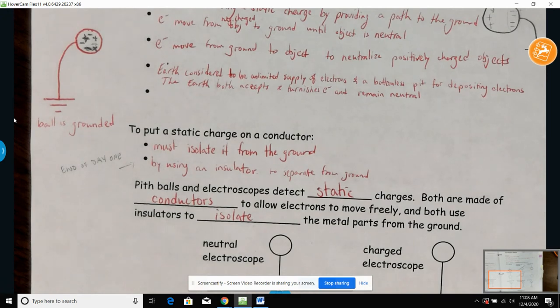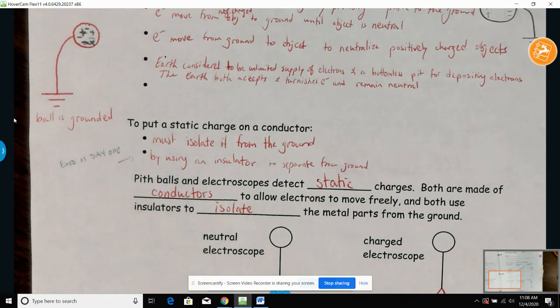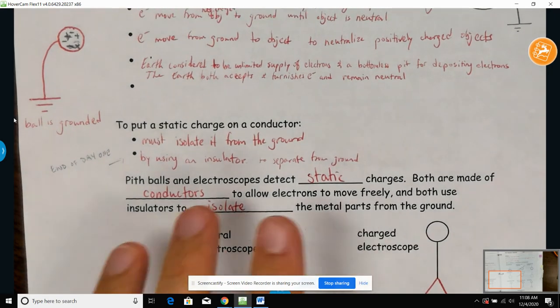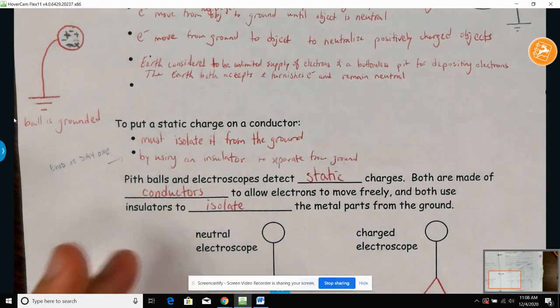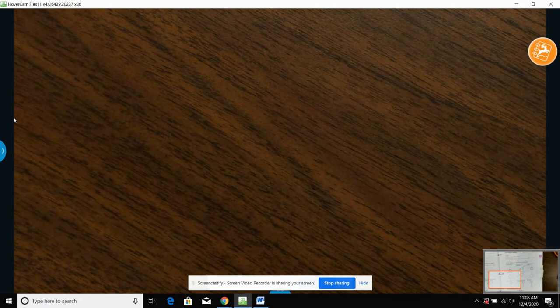To put a static charge on a conductor, you must isolate it from the ground by using an insulator to separate it. We don't really need to know the pith balls and whatnot, but pith balls and electroscopes detect static charges. Both are made of a conductive material with an insulator around it to isolate the metal parts from the ground. So from that, I do briefly want to mention